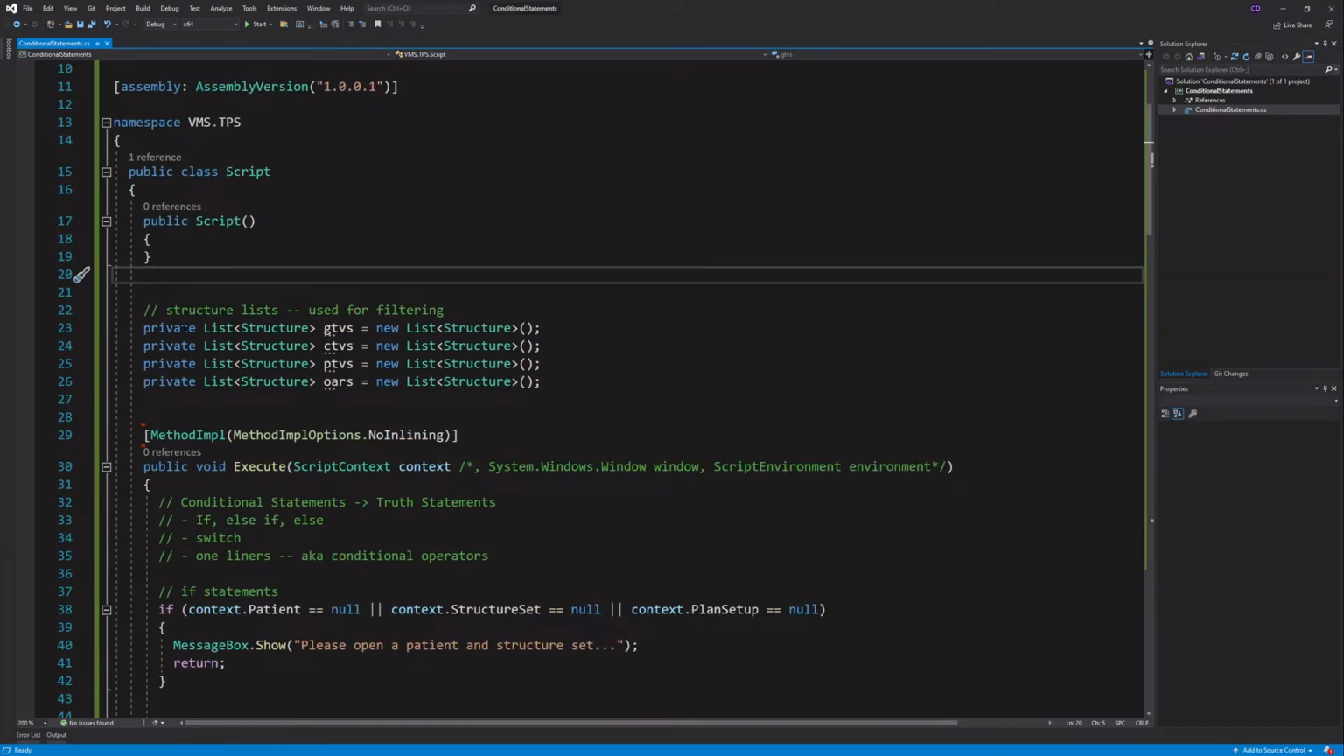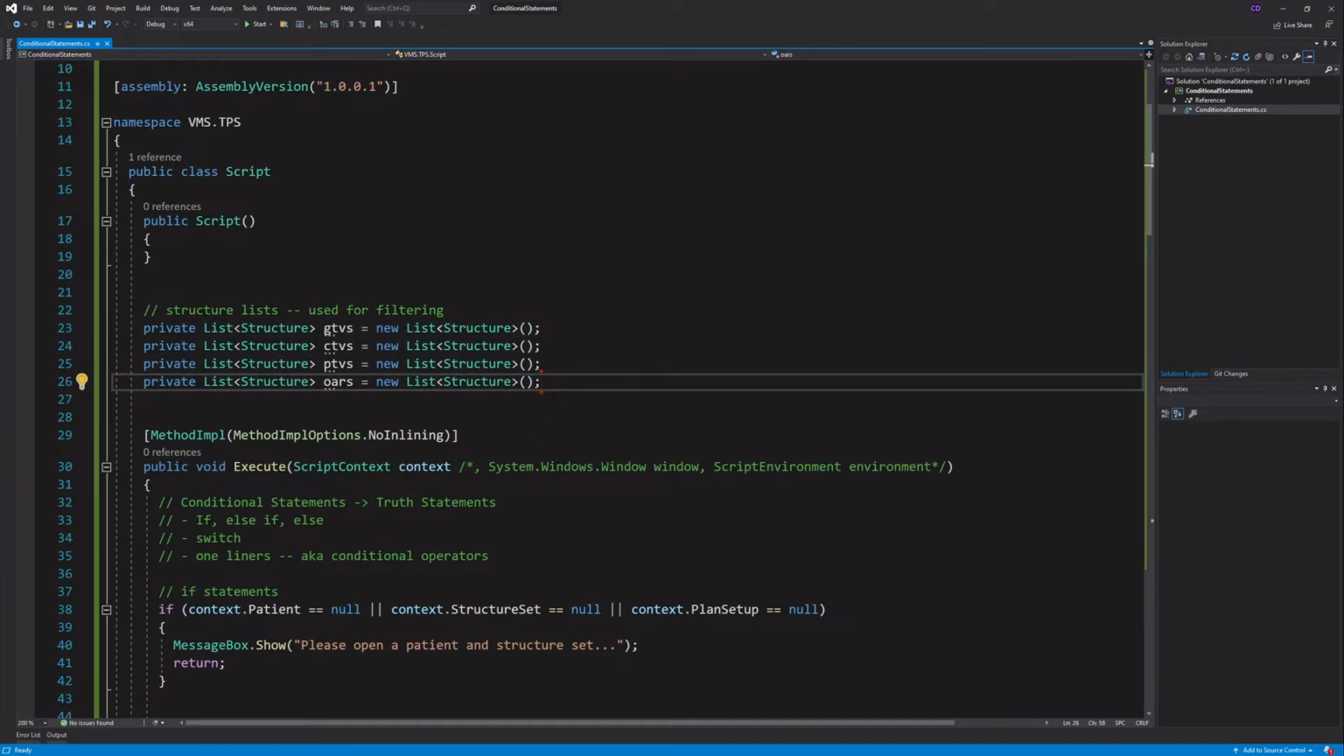So I've created some private variables, and these are going to be lists that are used for filtering out the various structures. You may have GTVs, CTVs, PTVs, and then you have your OARs. And let's say in your script, you want to perform some sort of function on all the GTVs, right? Or maybe you want to do something specific with the OARs, like calculate the distance to the targets, right? So you don't want to have to,